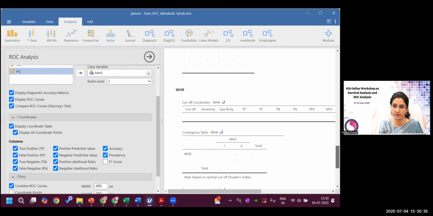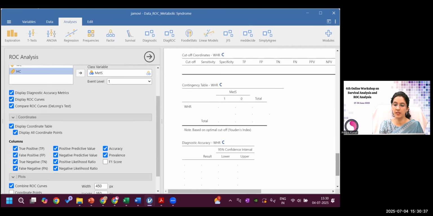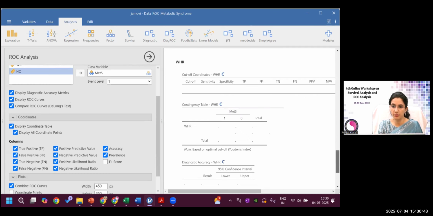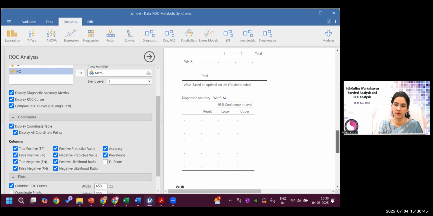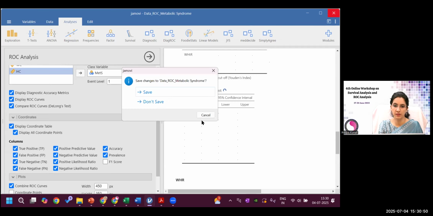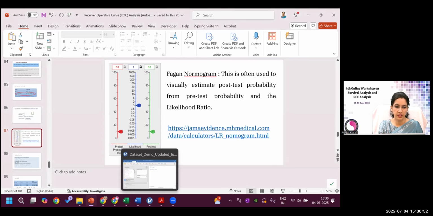It gives you a very huge table, and that's why it takes time. Still, it doesn't buffer that long usually. Let me close this and again I'll open this. Because many times,